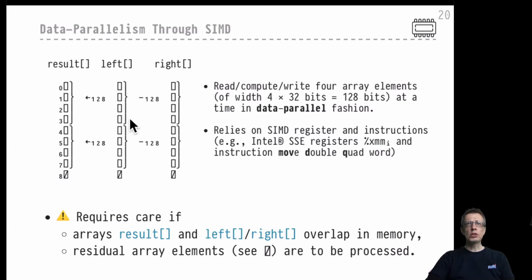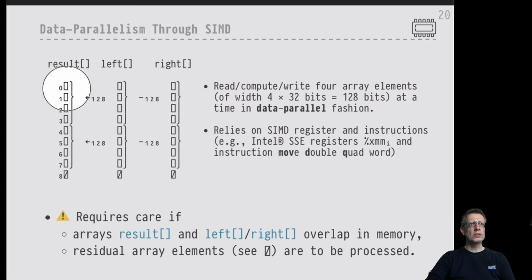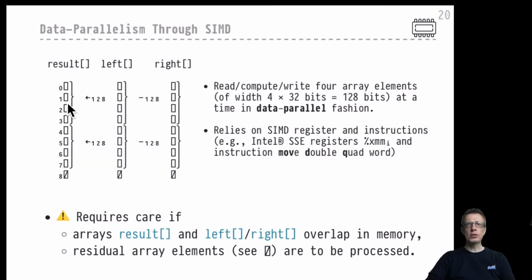So these instructions would read these 4 adjacent elements, which are marked with a brace here, and likewise would read 4 right adjacent elements in one go, perform all the subtraction computation in that particular single instruction, and would write out 4 result elements all within that single instruction. Okay, so in one instruction we would actually write these 4 leading elements here in the result vector. That would be the result of a single data parallel subtraction operation as it is available